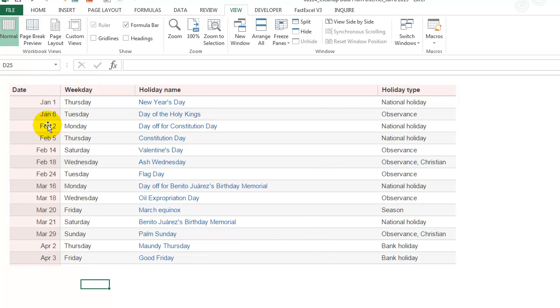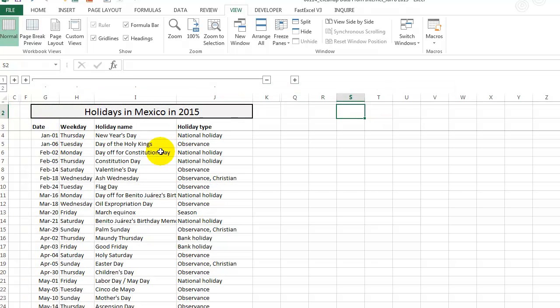We copy this, and now we go over here, we paste it in, and it looks fine. This is Mexican holidays. We've got the dates here, March 18, April 3rd. It looks fine, but then later on we realize that this is not April 3rd, it's actually April 1st, 2003. So the last two digits of the year are what we're seeing here. And that's not March 29, it's March 1st, 2029.